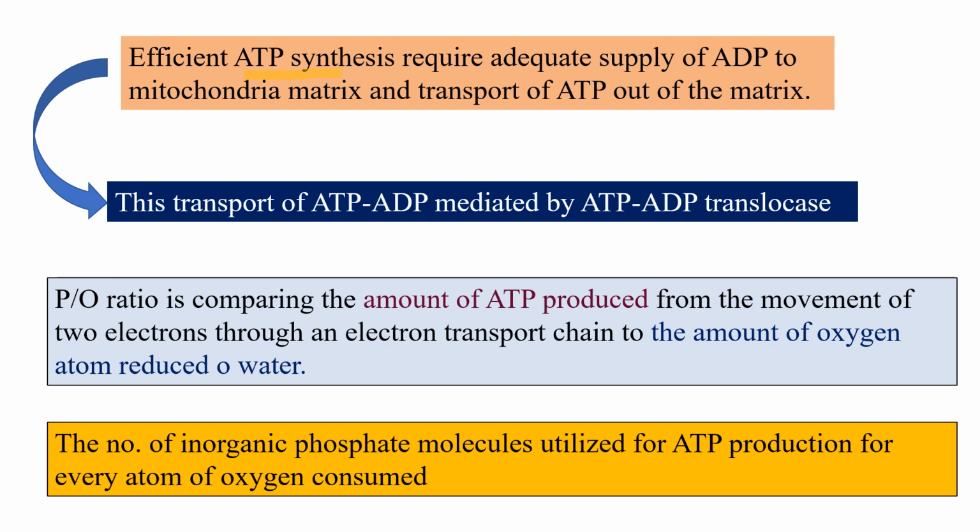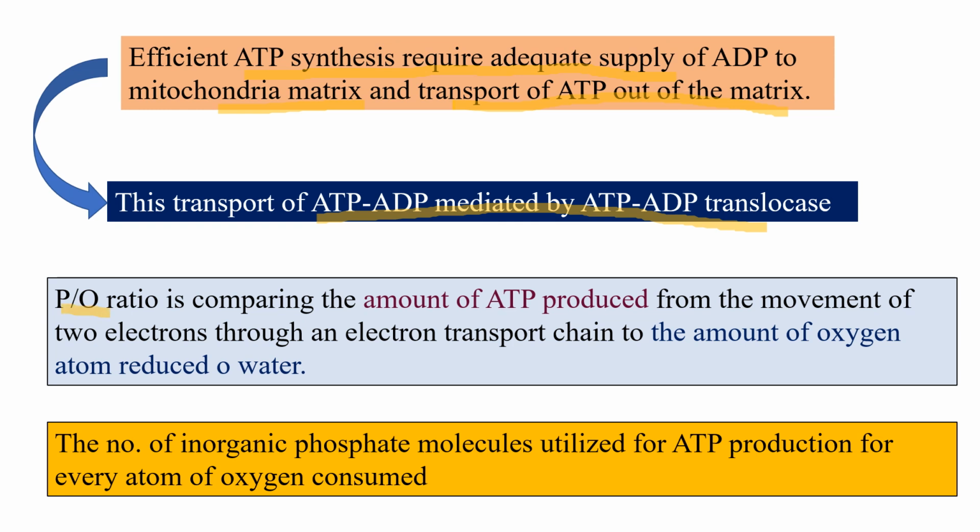Efficient ATP synthesis requires an adequate supply of ADP to the mitochondrial matrix and transport of ATP out of the matrix. This transport of ATP and ADP is mediated by ATP-ADP translocase. And the ATP synthesis by FADH2 and NADH is